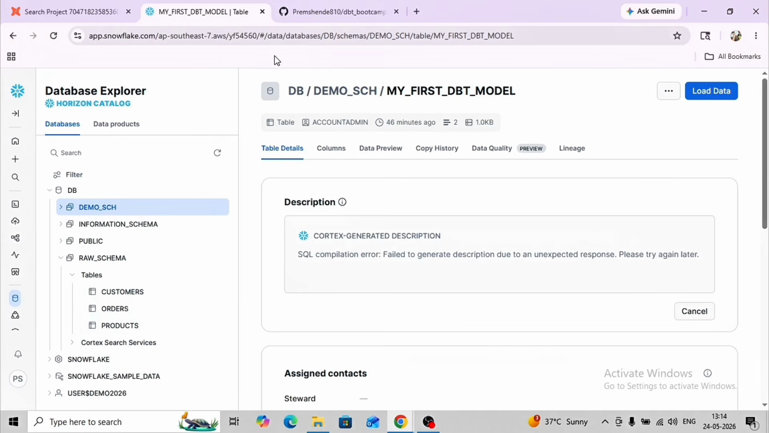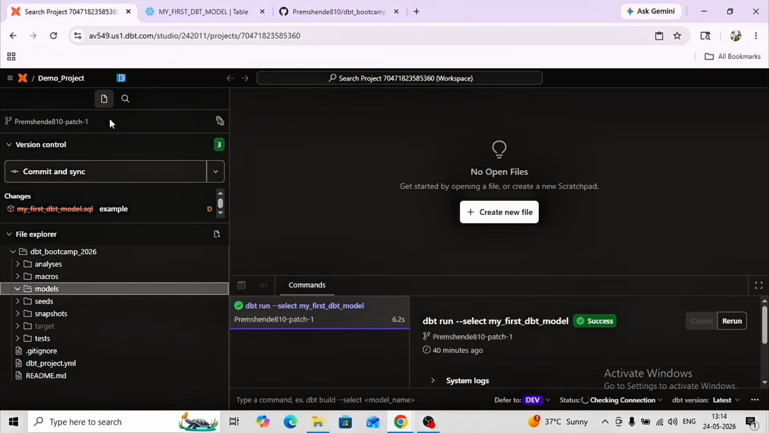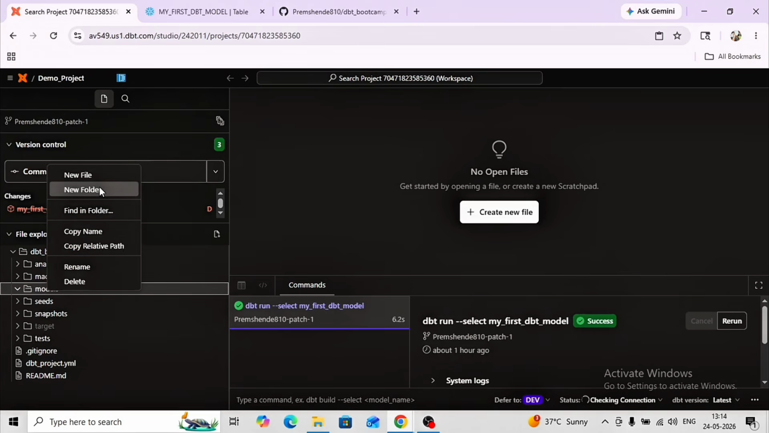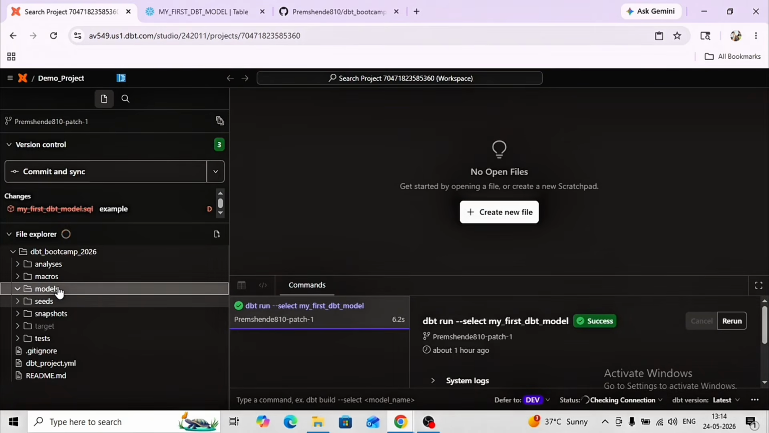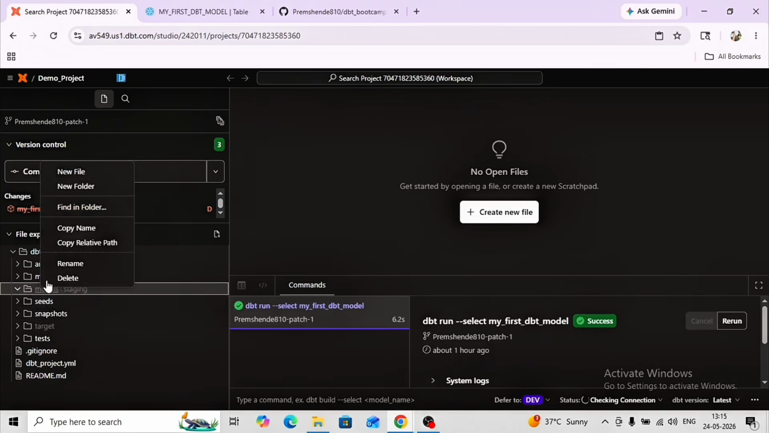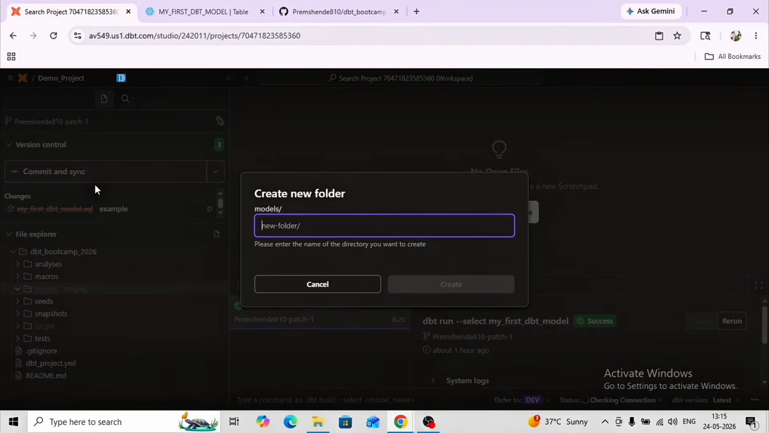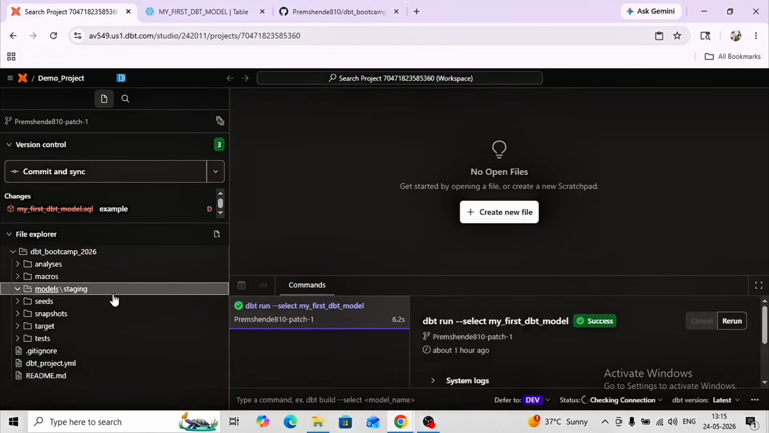Now let's go to DBT Cloud and restructure our models section. I'm creating two folders here. First is staging, and one more folder I'm creating is marts. Under the staging folder,